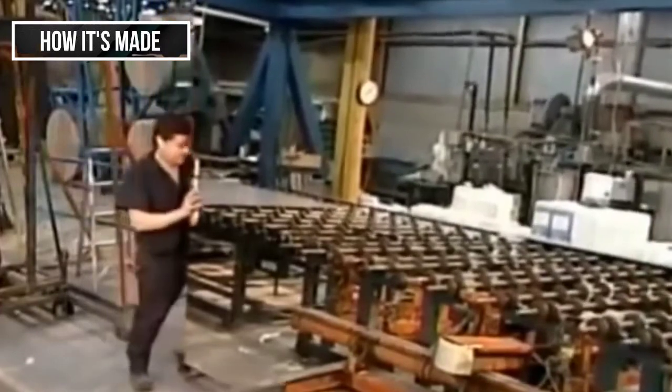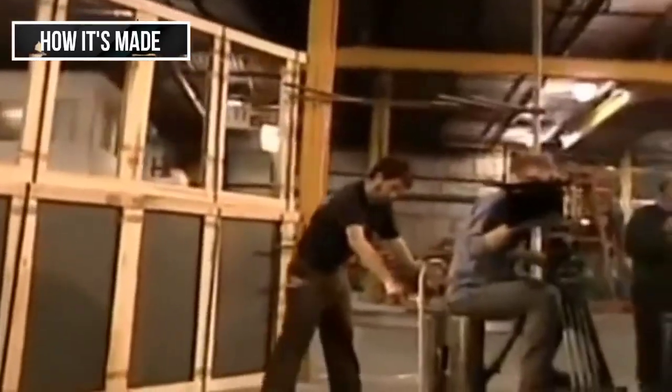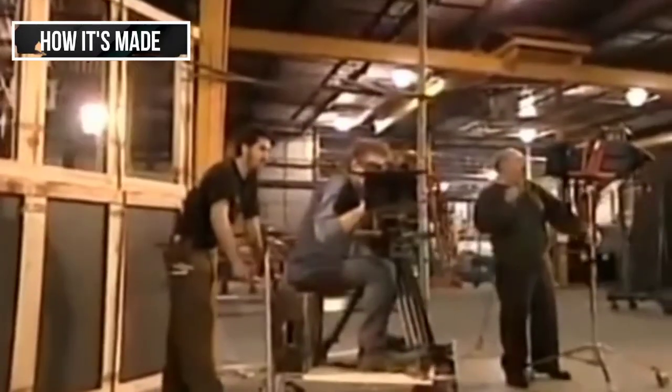Mirror factories also ship whole panels to shops that do the cutting themselves. A fragile feat that's